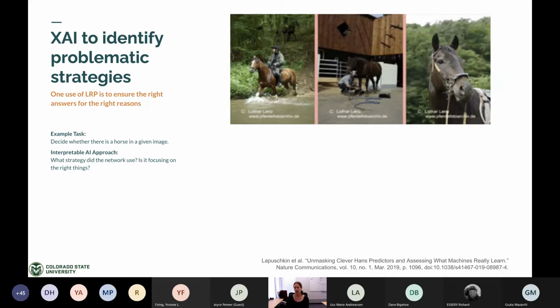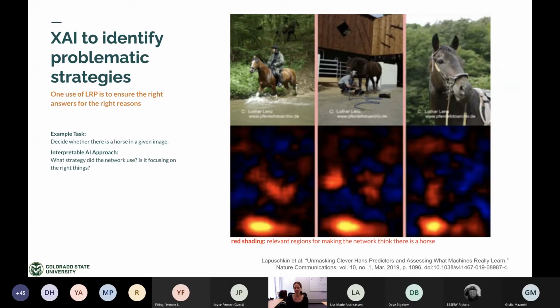Let's do it again. 3 more images, 3 more pictures of horses. We agree there are horses in these images. The neural network got them right, but where did the network look to know that there was a horse? Again, we can use this method, and we find that the most relevant regions are not where there are horses, but are actually the bottom left-hand corner. You may have noticed that the bottom left-hand corner holds a copyright symbol and a copyright statement.